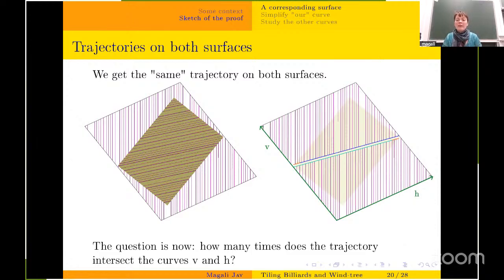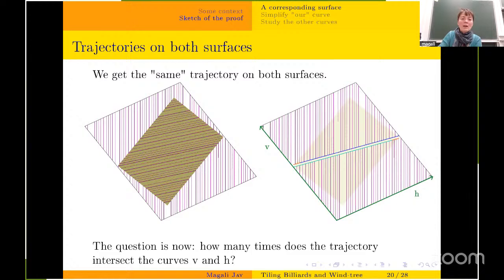And if I can show that for any time the intersection number between the trajectory and h, for example, is bounded, it means that the trajectory is trapped in a strip in direction h. And of course, in general, it won't be h, it will be a linear combination of v and h, but I want to find a direction such that the intersection number between the trajectory and this curve is